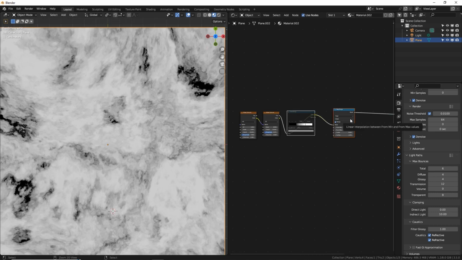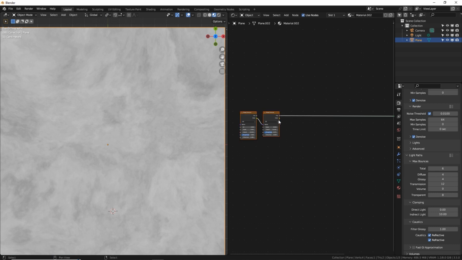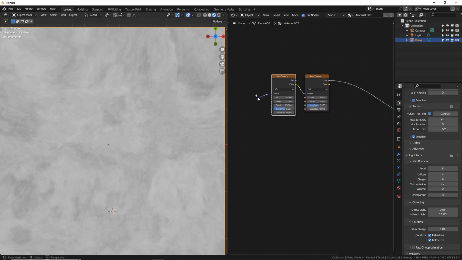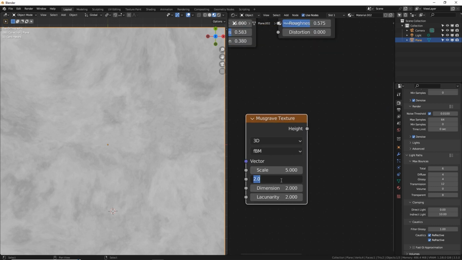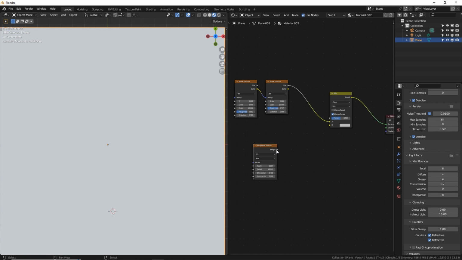All right, let's get to one of my favorite techniques, which is using the Mix RGB node to combine node setups. So let's say we want to keep this as our base texture, and then we want to add another noise texture on top of it. And no, we're not going to be plugging stuff into vectors and doing more warping. We're going to layer things just like Photoshop. So Shift A, make a Musgrave. Here we go. Let's do those basic settings we did before with a high detail and a low dimension, like .4. Let's go to Add, Color, Mix Color, drop it right there, and plug in your height of the Musgrave